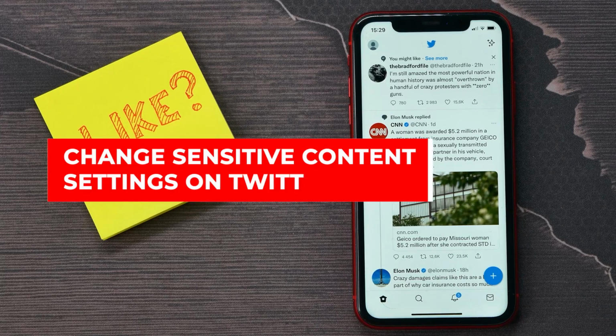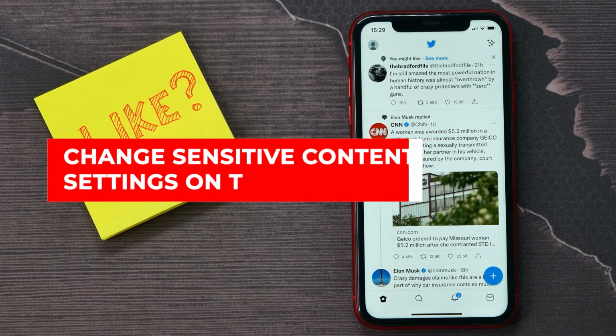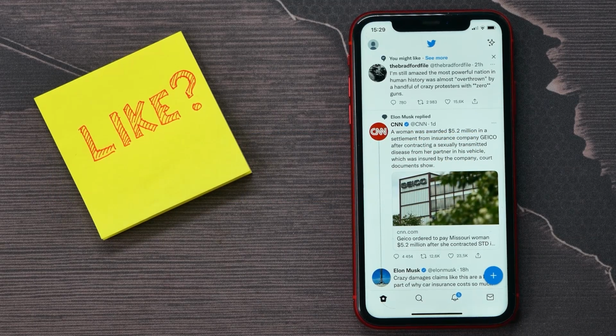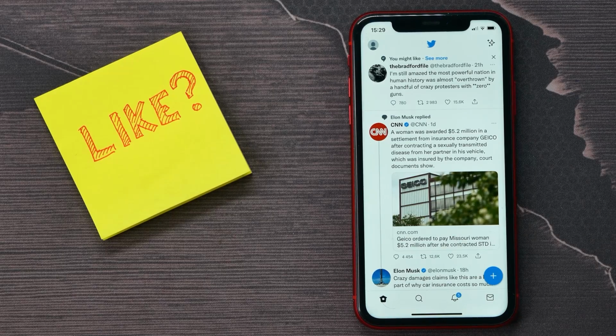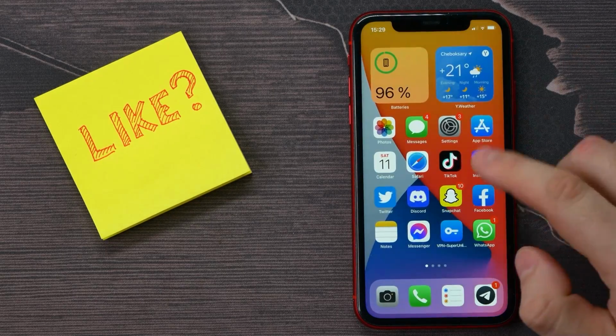In this video I'm going to show you how to change sensitive content settings on Twitter. That is quite simple and easy to do, so let's begin. And the thing is that you can change sensitive content settings on Twitter applications, so first you need to open